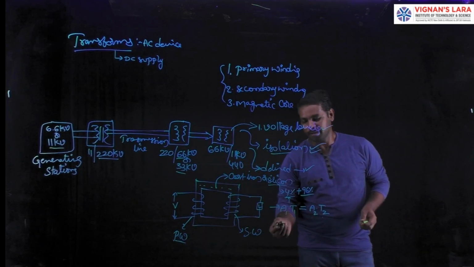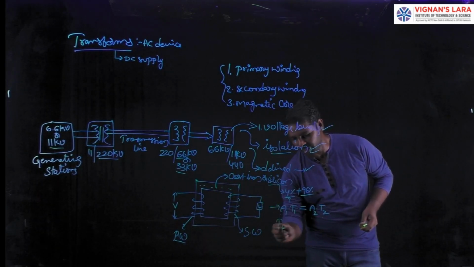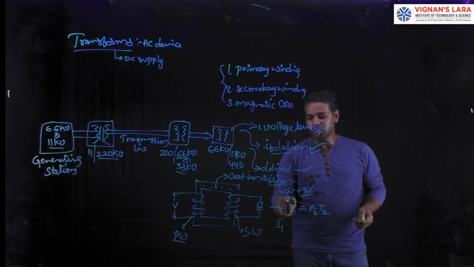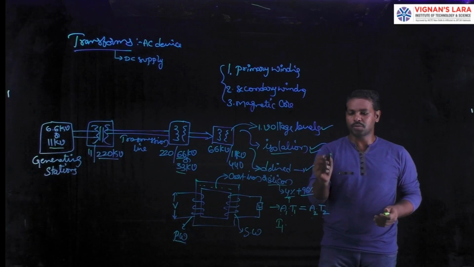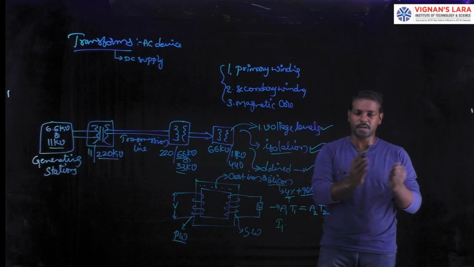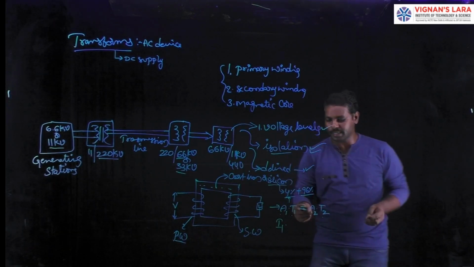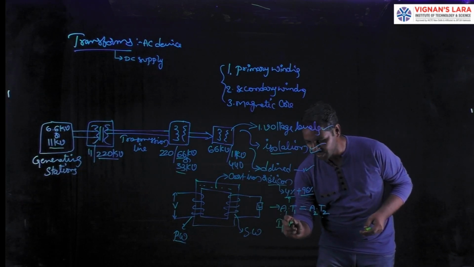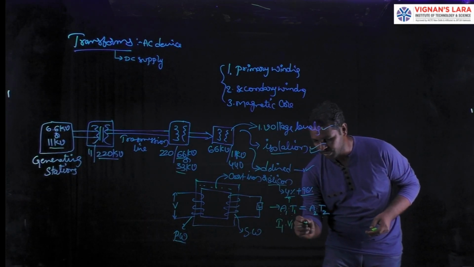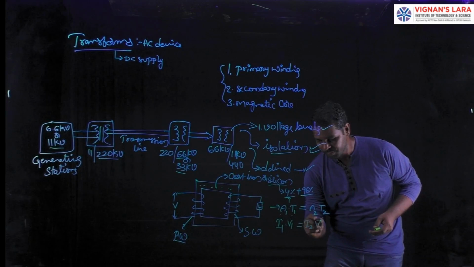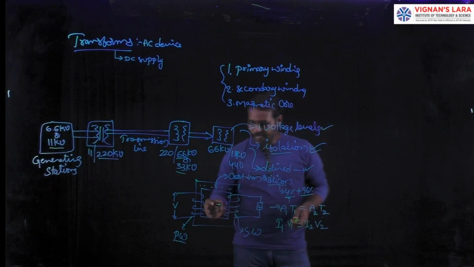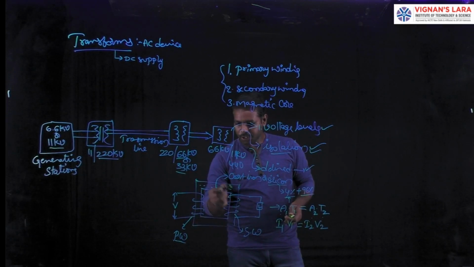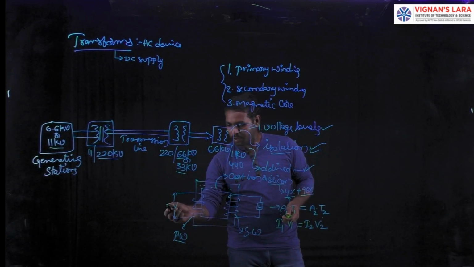So ampere, that means current, I1 into T1, where T1 is the turns. Turns are always directly proportional to voltage. So if we increase the number of turns, the corresponding voltage also increases. The number of turns can be replaced with voltage, so V1 I1 is equal to V2 I2.